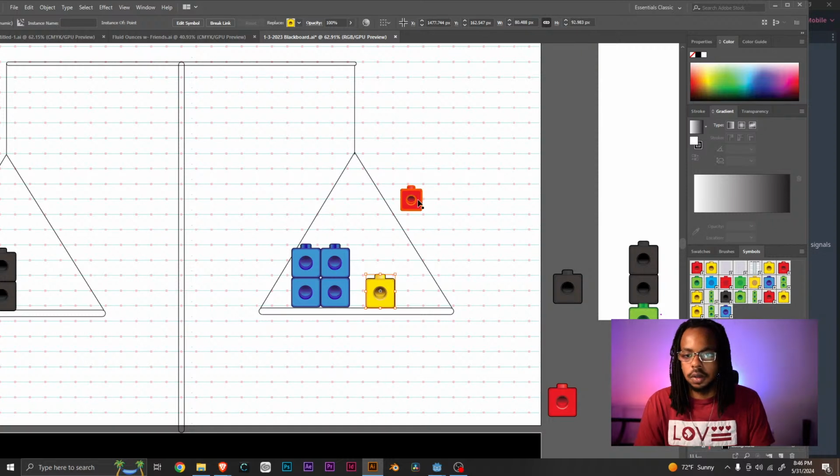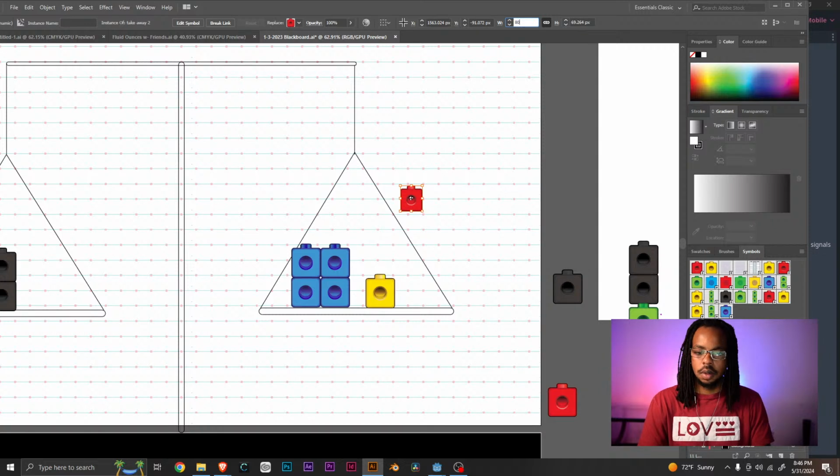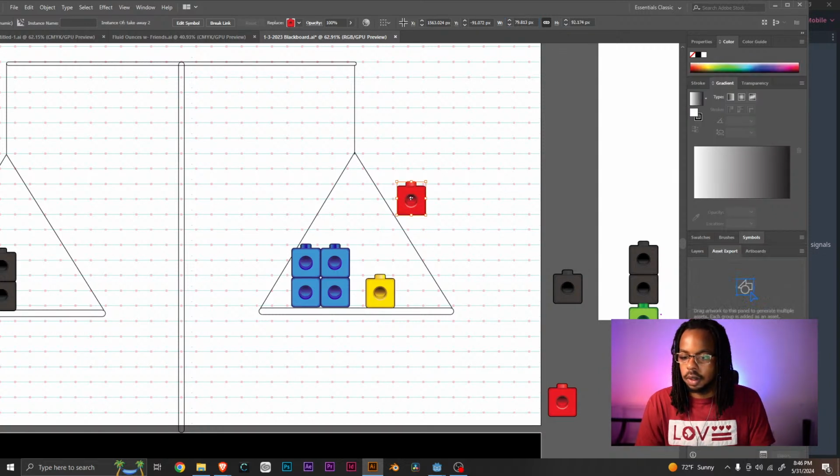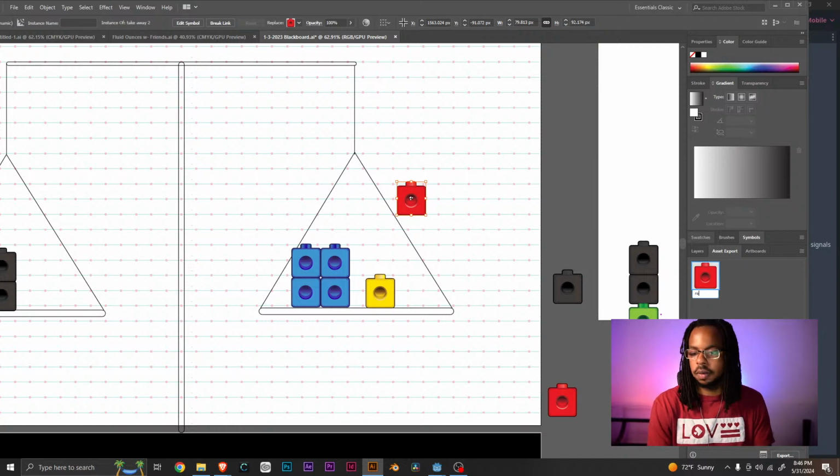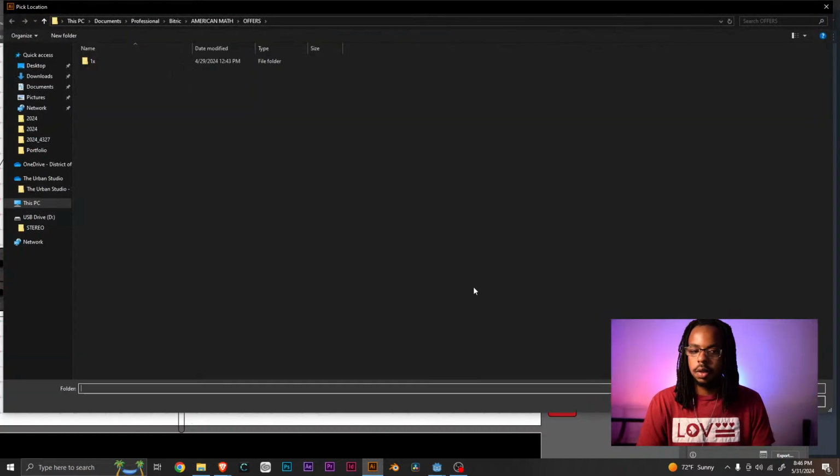How big are these guys? They're 80? Yeah, I'll make you 80 pixels wide. I'm going to send you into the asset exporter. We're going to call you the red block. And then we're going to export you